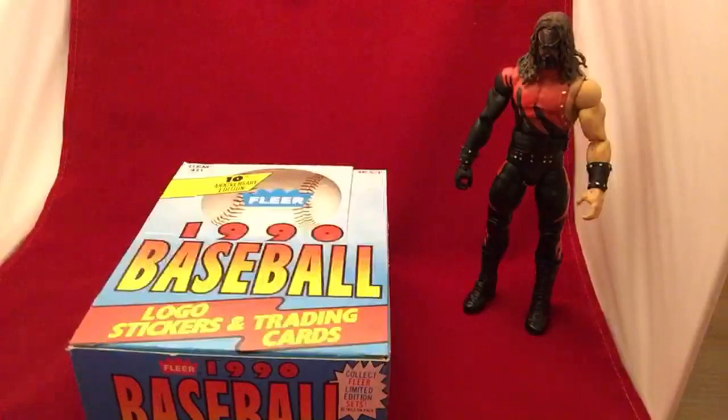MVP was Dave Stewart, their ace. Dave Stewart had a hell of a run in those late 80s, early 90s. Definitely doesn't get the credit that he deserved. So now Greg Maddux, great player. Tom Glavine, my favorite player ever, Chipper Jones. There you go. Chipper Jones, Andres